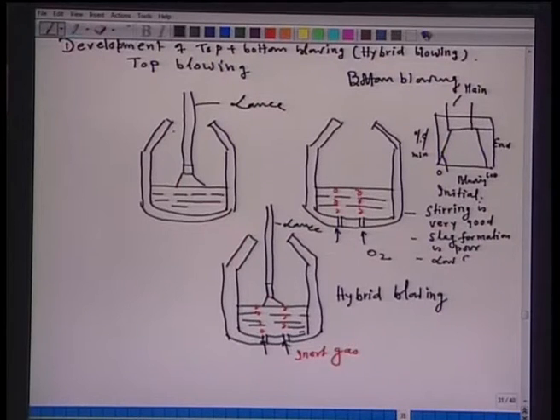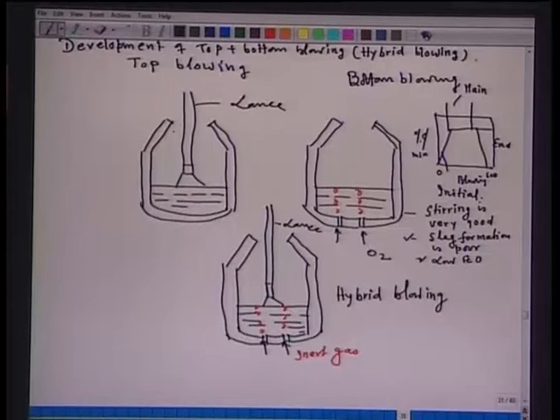Low FeO, because when you are blowing oxygen through the bottom, oxygen will always find its carbon and carbon monoxide will proceed, and the slag formation will be delayed. So, if you want to remove phosphorus, that is not possible in the way in which top blowing steelmaking does. That means it is possible only when a large amount of carbon is removed, and only then will slag form. Because for the removal of phosphorus, you require a limey slag, you require calcium oxide, you require SiO2, you require MnO. So, that slag will only form when a large amount of carbon has been removed. The main advantage of this bottom blowing is that the stirring is very good.